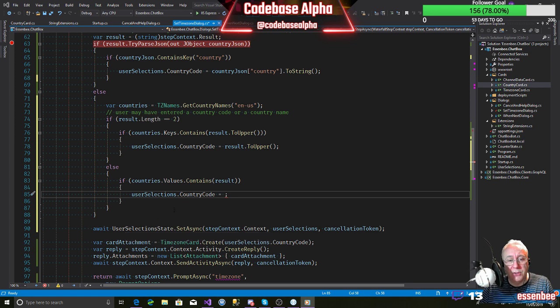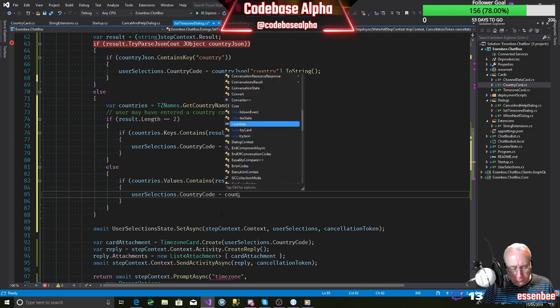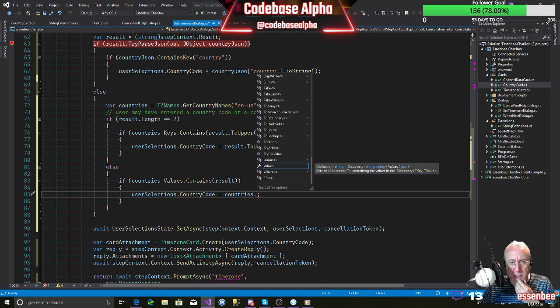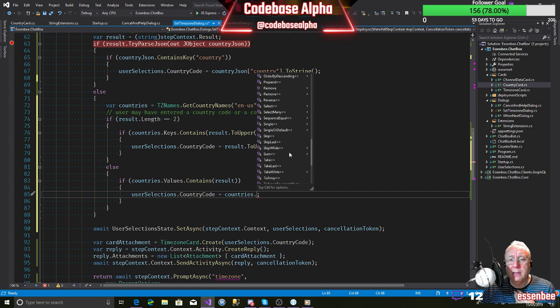So the user section's country code is going to be. So we know it's in here. We want to try and get the key, really, don't we? Got the value. We want to get the key from the value.